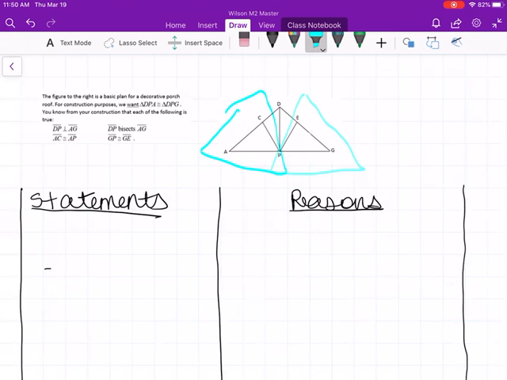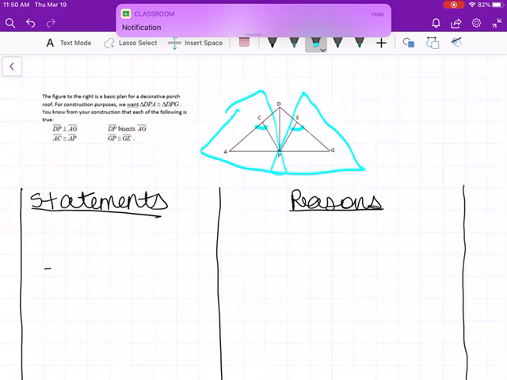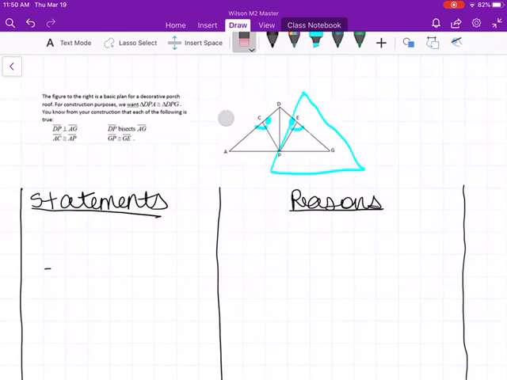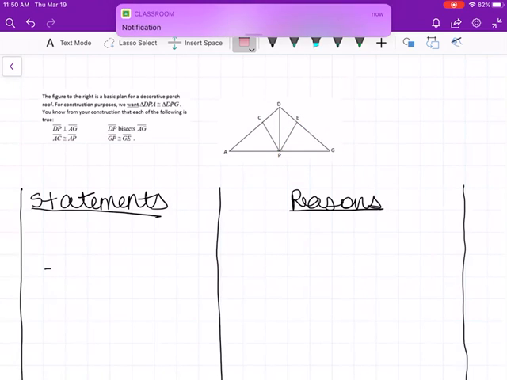congruent to PEG. That way I will be able to say that these two angles right here are congruent. Then, because the angles we are wanting to prove congruent are linear pairs to these congruent angles, I'm going to be able to show that they are also congruent. So, let me erase this. As you can see, I've taken out a couple lines from the picture. I thought that would help you see in the video